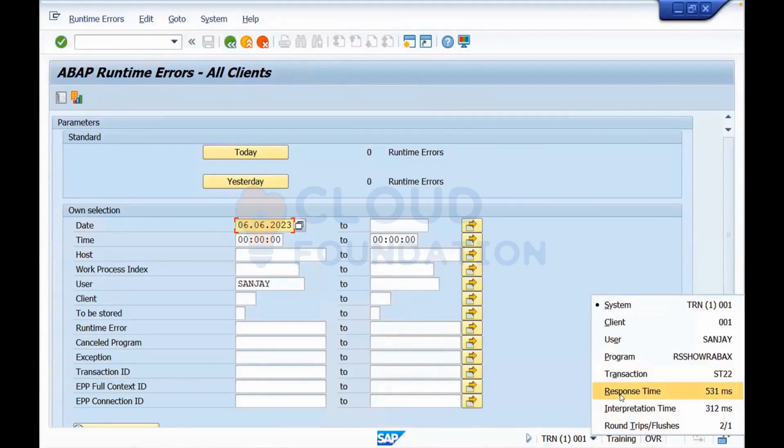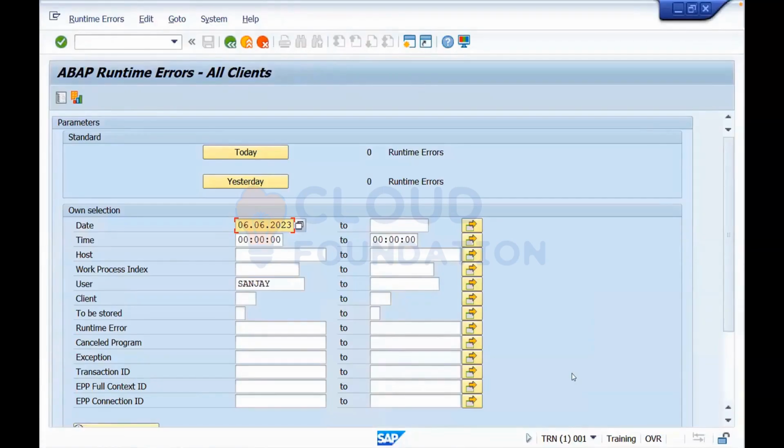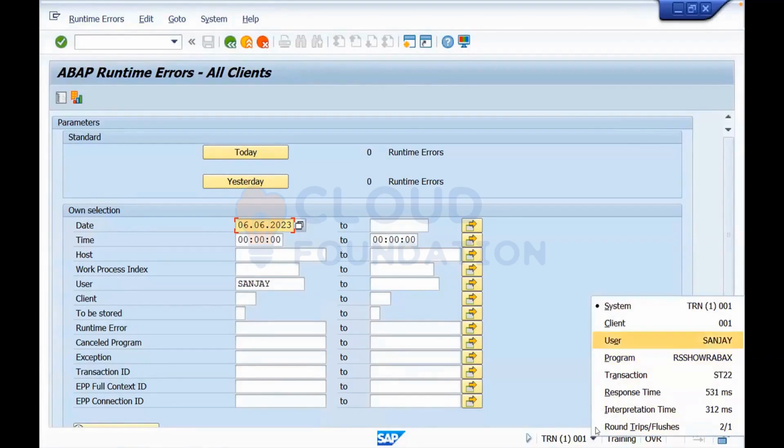How did you display this response time? Show me how much the response time is for the DBA call.